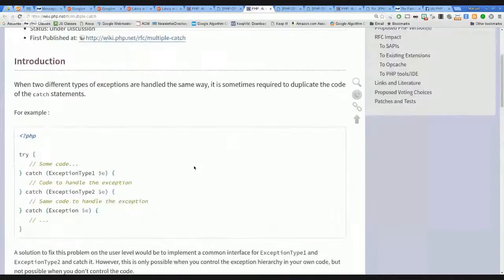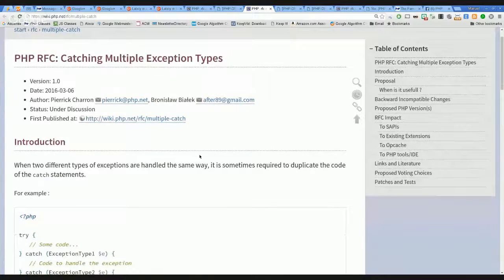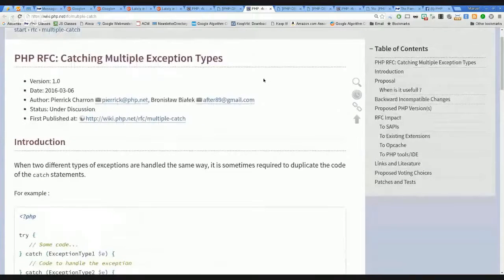Another proposal, a more formal RFC for something proposed I think in January, is to have multiple exception types being caught. If you have different types of exceptions, you can have multiple catch statements, one for each type of exception that you want to catch.